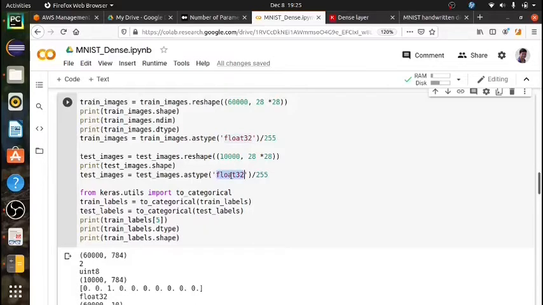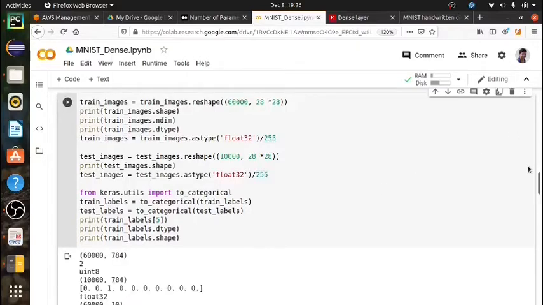Because it's uint8, the values in the numpy array are anywhere between 0 and 255, but we want to restrict these images to 0 to 1. So in order to do that we have to divide by 255. So just run this.